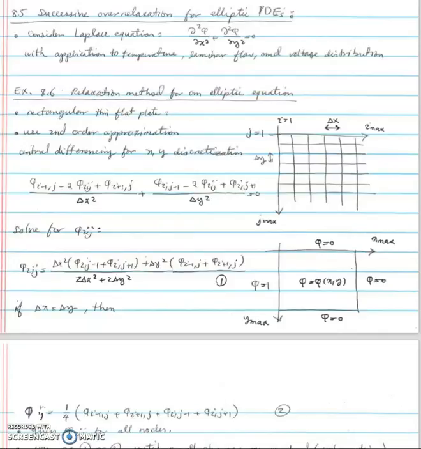So in successive over relaxation method, you're going to look at the differential equation of this form: d squared phi dx squared plus d squared phi dy squared equals 0. You notice that in this equation we don't have time. Instead we have y. So still we have two variables, x and y, as independent variables, and phi is the dependent variable. So instead of time, now we're going to have y. And then another difference